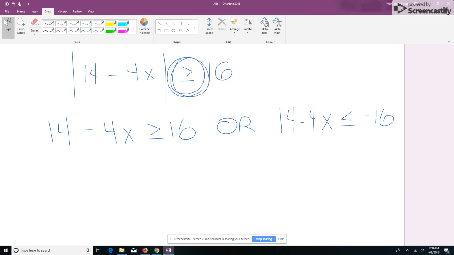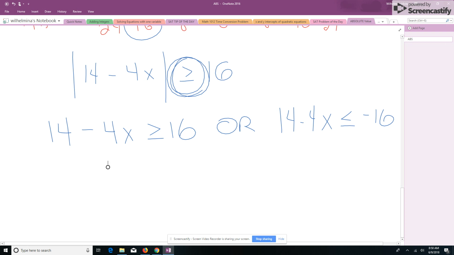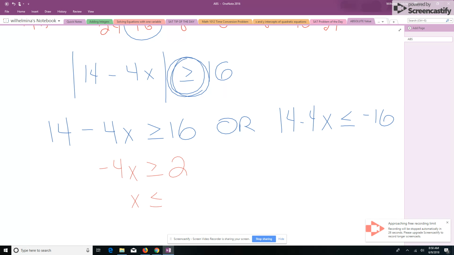So let's solve these. Remember, you're dividing by a negative, so you need to flip that sign. And I'm running out of minutes, so let's see. I'll do this quickly. This will be negative 1/2, or over here, negative 20. Flip the sign. So 5, if I haven't made a mistake, because I'm running out of time. But I want to say with the or,